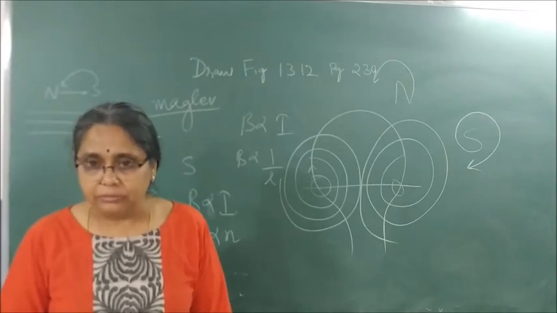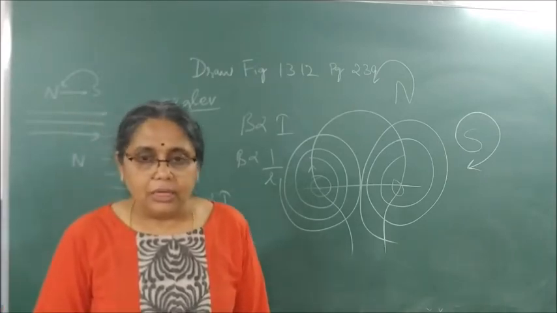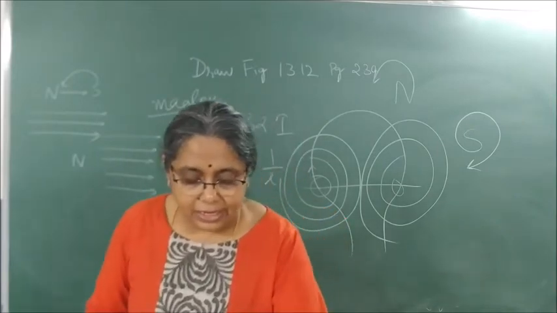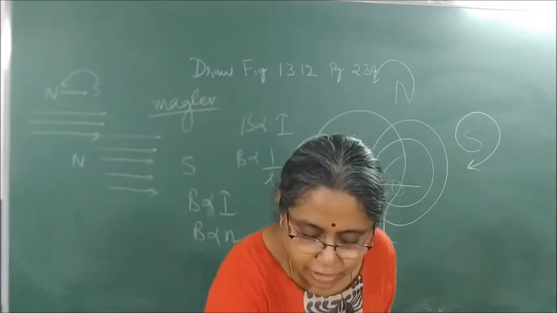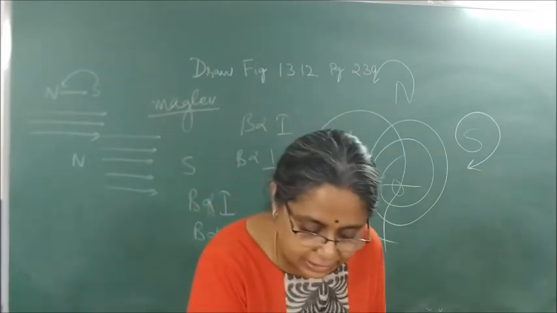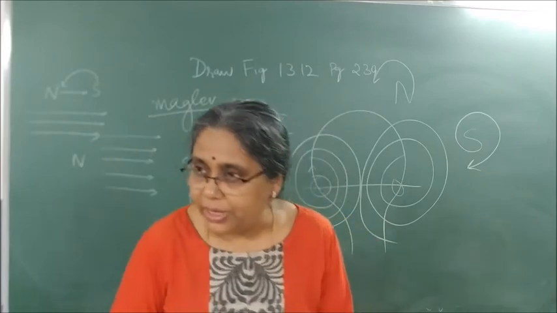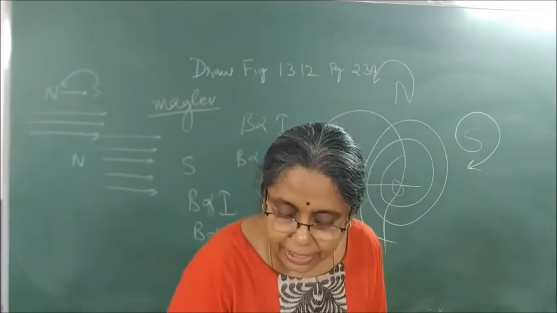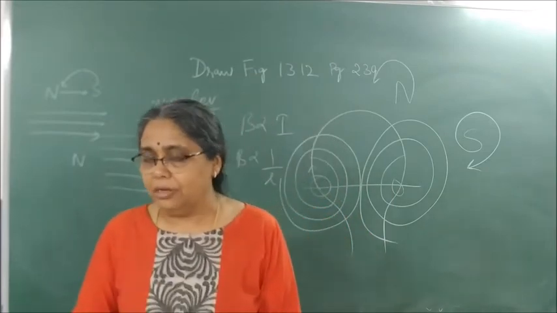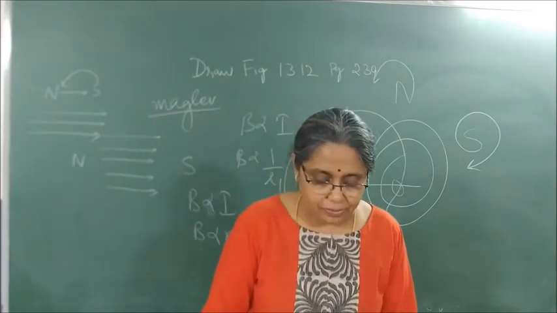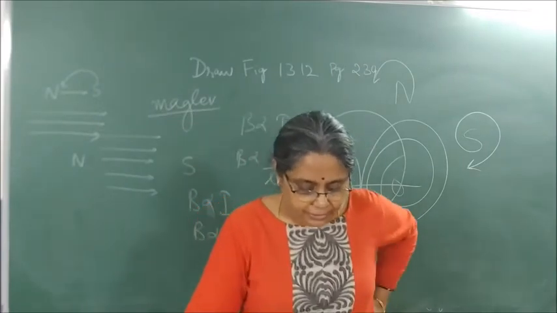Try it. Inside and outside. Did you get my point? There is a circular loop lying on the plane of the paper. It has a current which is flowing in a clockwise direction. So what will be inside the loop and what will be outside the loop? Think about it. If you cannot, then I will explain. Quickly.